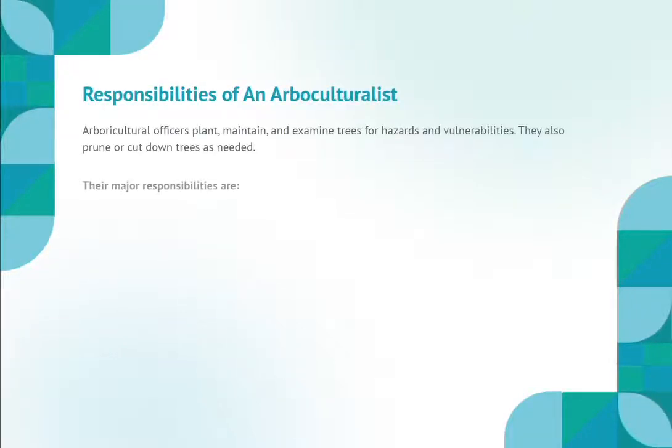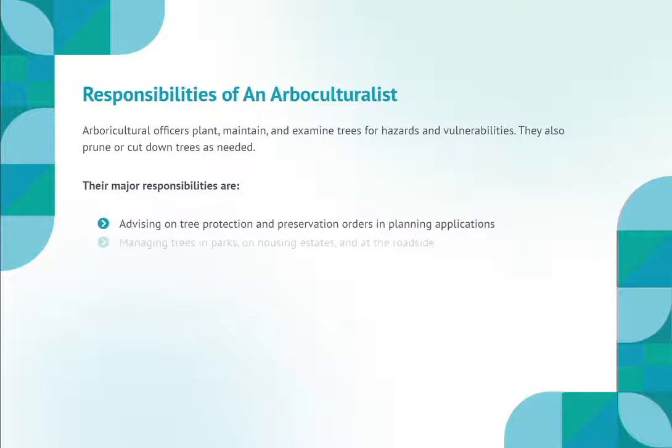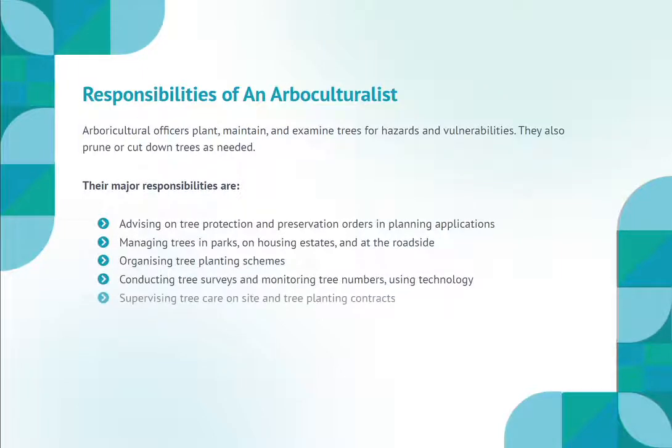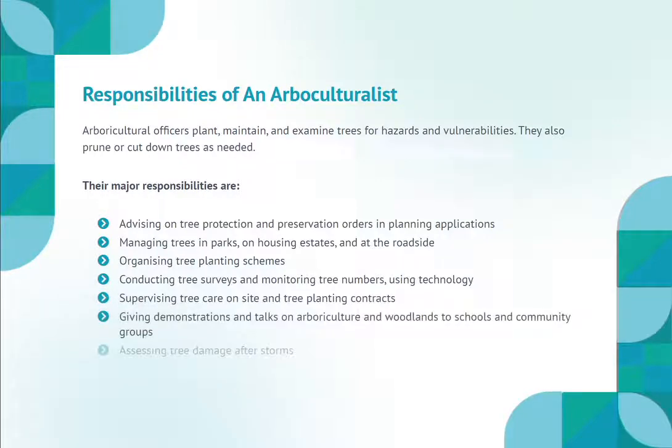Responsibilities of an arboriculturalist. Arboricultural officers plant, maintain, and examine trees for hazards and vulnerabilities. They also prune or cut down trees as needed. Their major responsibilities are advising on tree protection and preservation orders in planning applications, managing trees in parks, on housing estates, and at the roadside, organizing tree planting schemes, conducting tree surveys and monitoring tree numbers, using technology, supervising tree